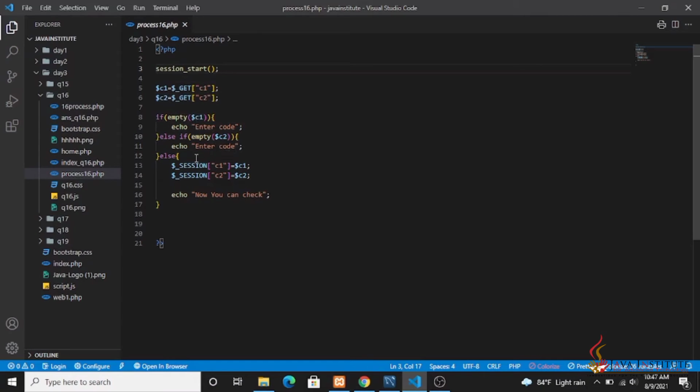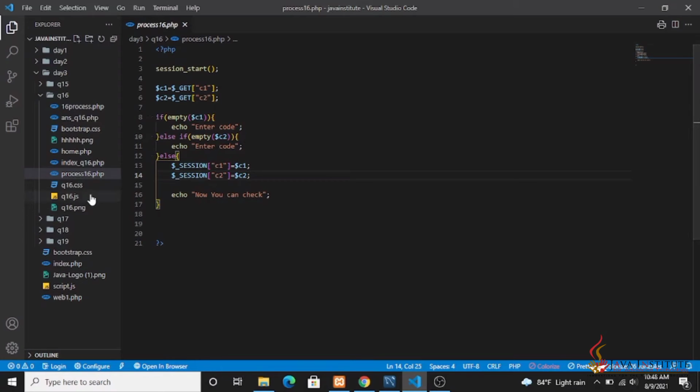And after that, if those two fields are not empty, I have created two $_SESSION arrays and created those two sessions by using these two values, and then I have echoed this as now you can check.